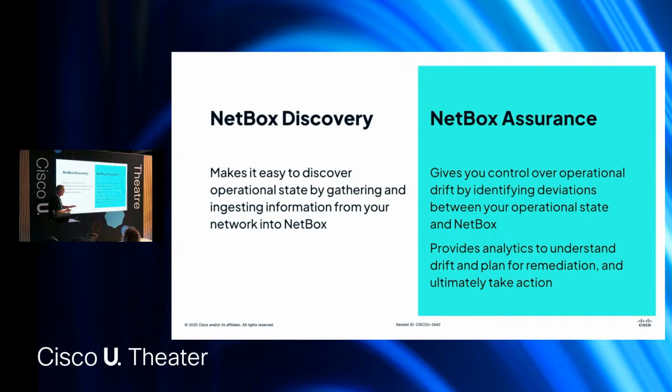The other one is something called NetBox Assurance, which is a plugin for the commercial editions of NetBox. And what this does with Assurance is it gives you control over the data that you're ingesting and discovering into NetBox. And what we're looking for here is the drift, so operational drift. We've defined the network in NetBox, so we've declared our intent of how we want the network to operate. But what we're looking for with NetBox Assurance is to track where there's a difference between what we've defined in NetBox versus what's actually out there.